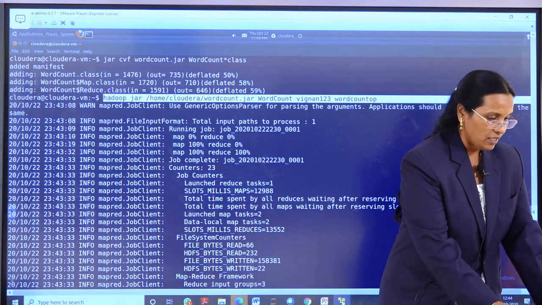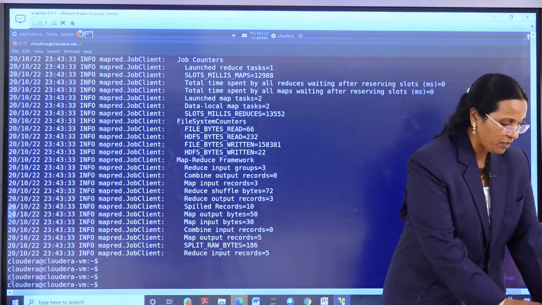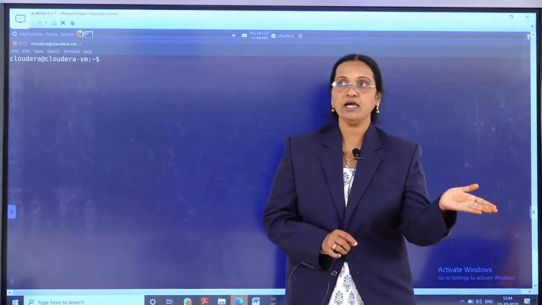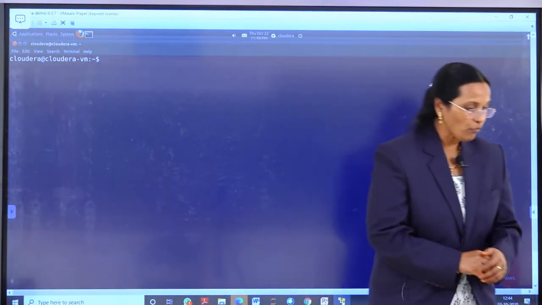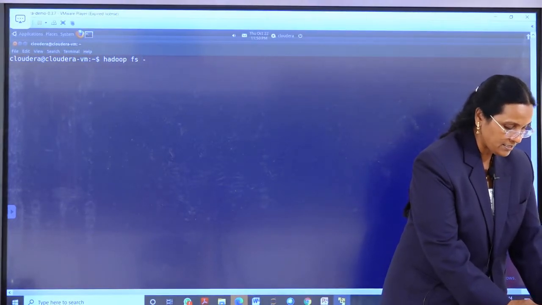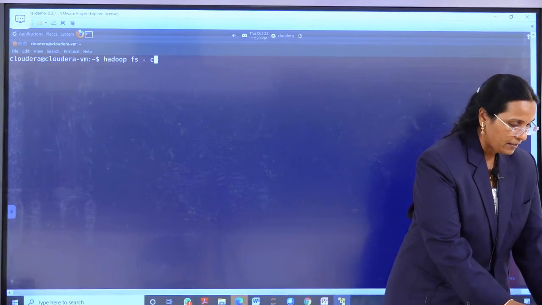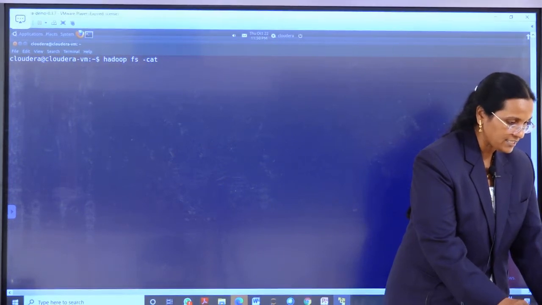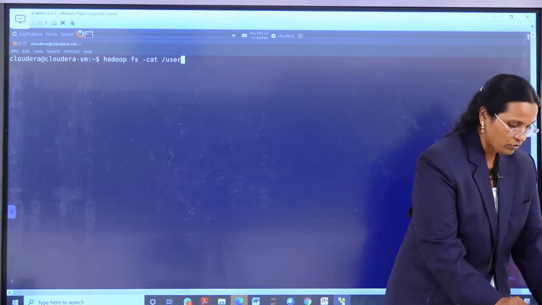Sometimes, rather than using the browser window, I want to see the output by staying in the terminal window only. So how can you do that? Hadoop fs minus cat, and I want to see the output as root user Cloudera.